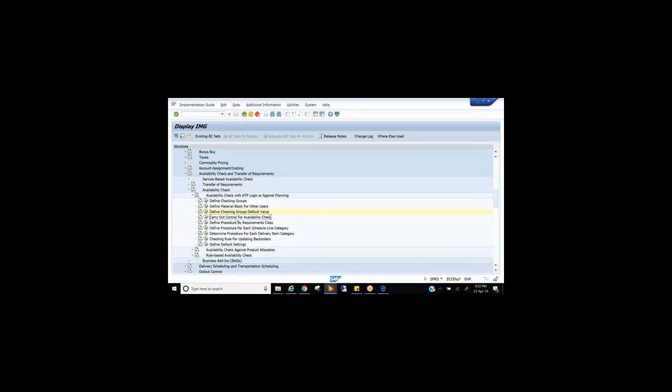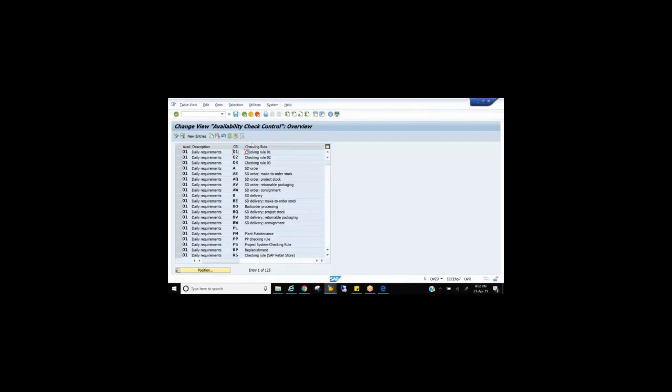The next is carryout control. This is the actual crux of the availability check concept. Very important T code OVZ9, with a combination of checking group and checking rule. What is checking group? Anyone? Availability check we also call checking group. What is checking group? Checking group is where, whether it's a daily requirement or individual requirement, right? That means you want to perform availability check with a daily requirement or individual requirement. Checking rule controls where you want to perform it.